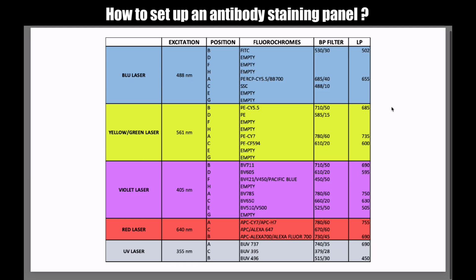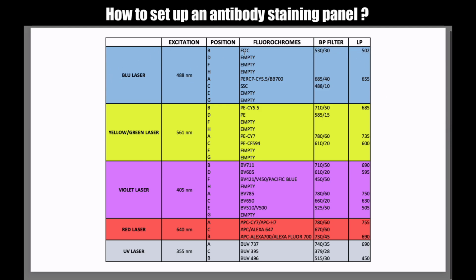Okay, nonetheless it has 5 lasers, as we said, and here you have all fluorochromes and their bandpass filter. Okay, this is what you want to check, both the laser and the bandpass filter, before choosing your antibody staining panel. So for example, let's start with the blue laser.